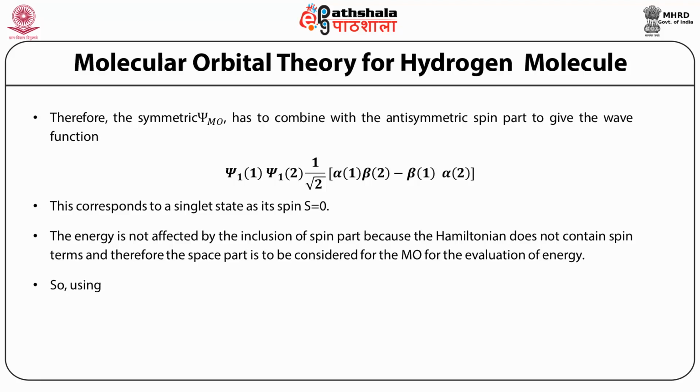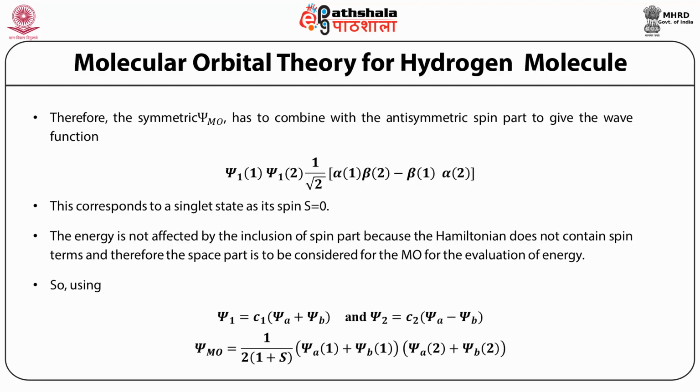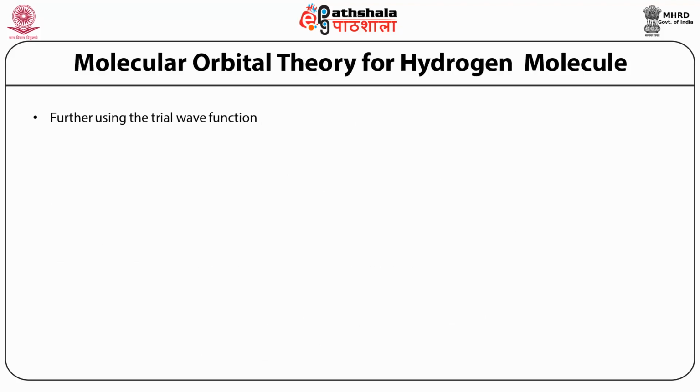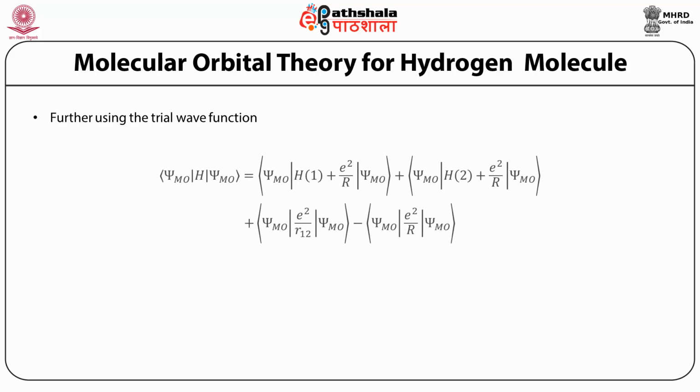So using psi 1 is equal to C1 psi A plus psi B, psi 2 is equal to C2 psi A minus psi B, writing psi MO is equal to 1 upon 2(1 plus S) psi A1 plus psi B1 psi A2 plus psi B2, and using the trial wave function psi MO H psi MO is equal to